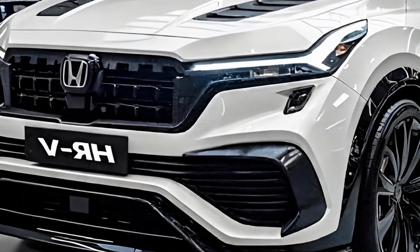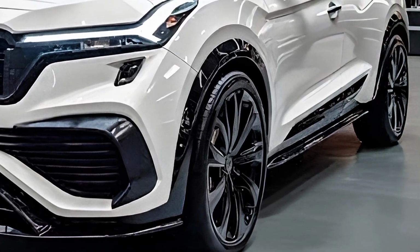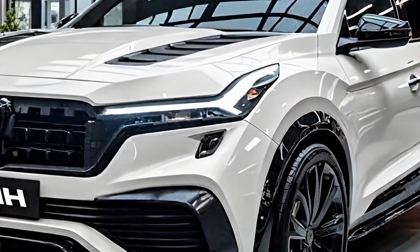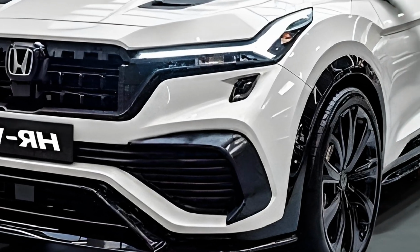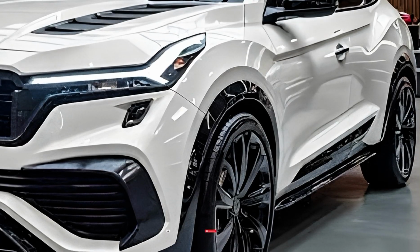The front view of the car should feature the new signature LED headlights with a sleek, aggressive profile, a redesigned chrome Honda emblem, and a wide black honeycomb grille that emphasizes the sporty SUV character. Include air intakes, daytime running lights, and a subtle body curve that gives a premium aerodynamic effect. The reflections on the showroom floor should highlight the contours of the body, making the car look dynamic and powerful